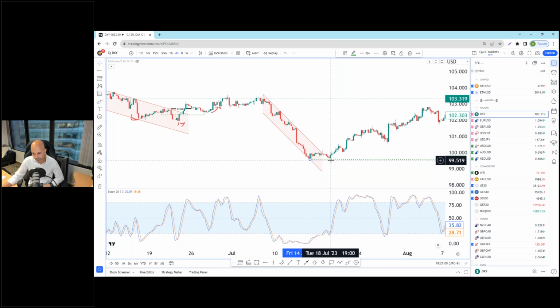We can see stochastics starting to climb out of the oversold position and to rise, and price also breaking above the trend line, even if I were to extend this line and use this portion here. You can see price clearly breaking above the upper trend line of the bearish channel, forming a double bottom, and stochastics starting to move away from the oversold position gives us a good degree of confidence that a bullish reversal is taking place, and we see that occur quite clearly here.